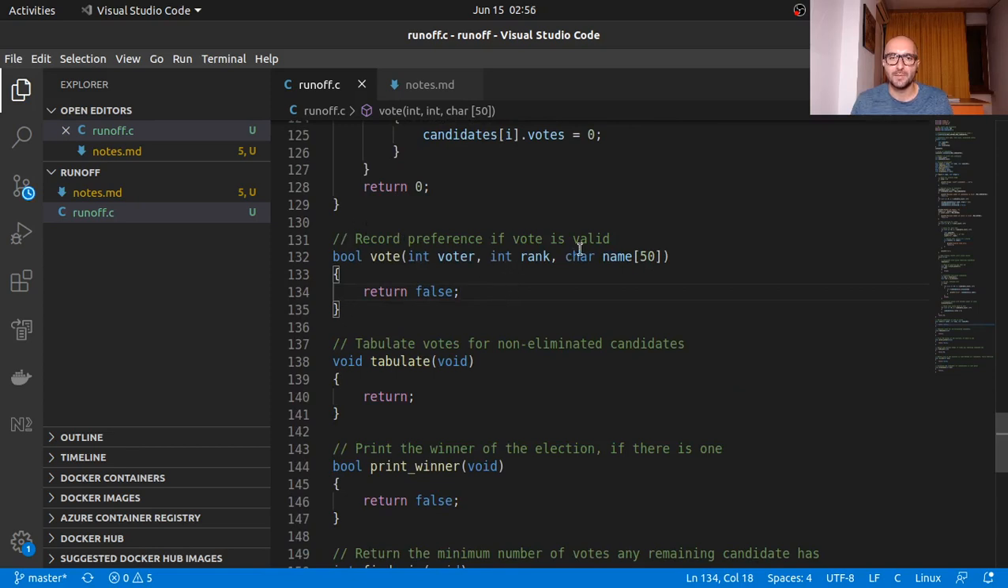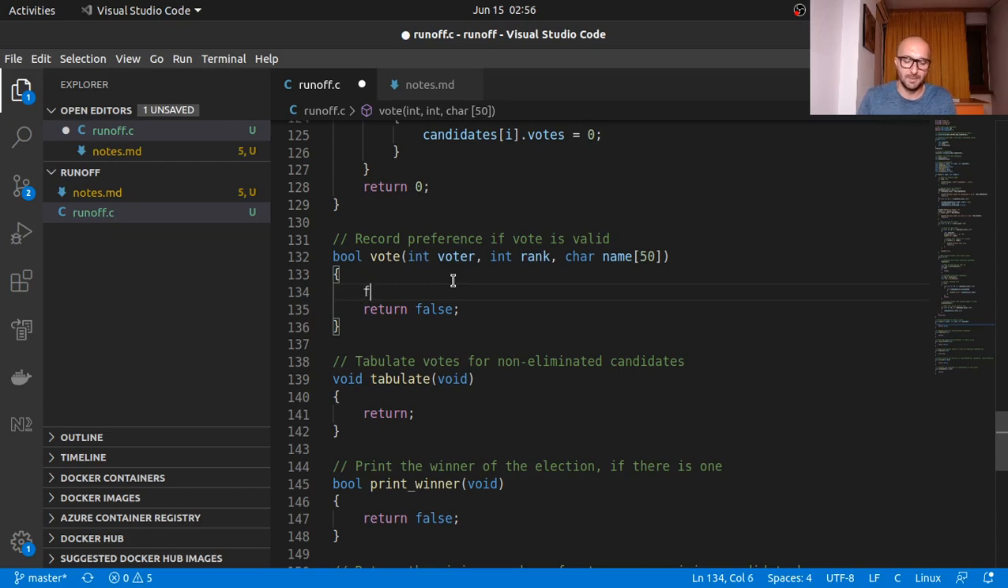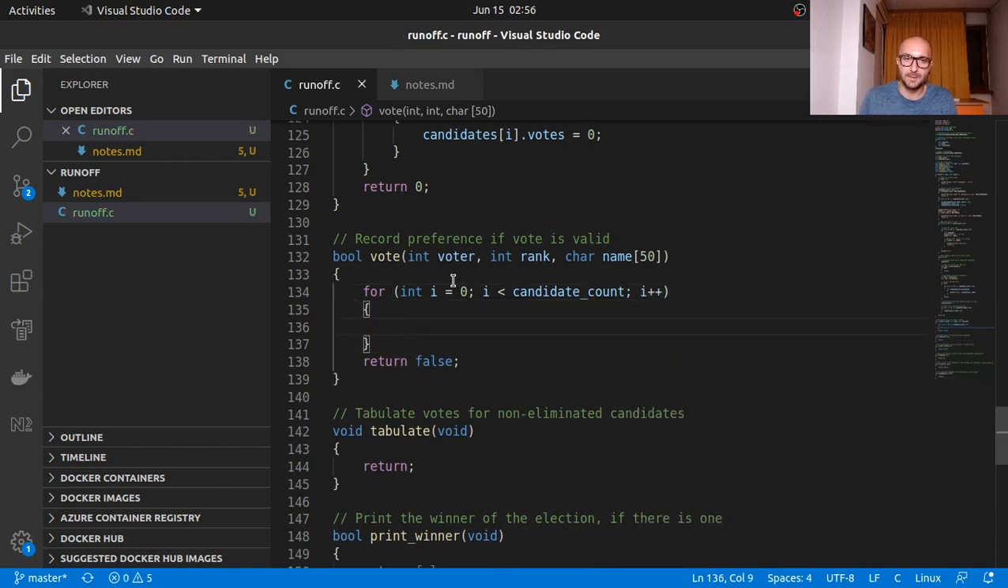So here, record preferences if vote is valid. Okay, so here we can start a loop. i equals 0, i is less than candidates count, and i plus plus. Here, for preference if vote is valid, if candidates i name,